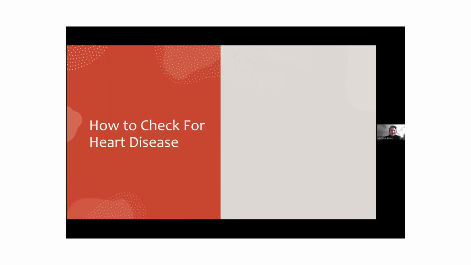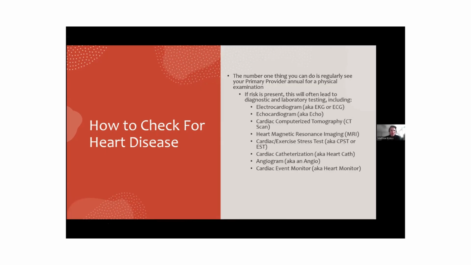So with all that said and done, how do we check for heart disease? The number one thing you can do is regularly see your primary care provider annually for a physical examination and talk to them about any signs, symptoms, concerns, family history, or anything like that, so that they can have a good picture and understanding of what might be going on and what the next steps might need to be, right? If they do identify that risk is present,